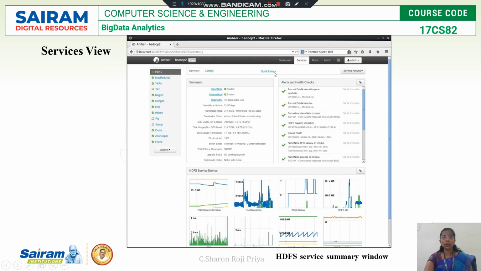Similarly, one more tab is there, quick link. We have studied 2 units and this is our second module. Almost we are going to finish our second module. And in all these 2 modules, we have learned about many user interfaces. HDFS has a user interface. Yarn is having a user interface. Apache Oozie tool is having a user interface. So if I want to open any of these user interfaces, I can use these quick links.